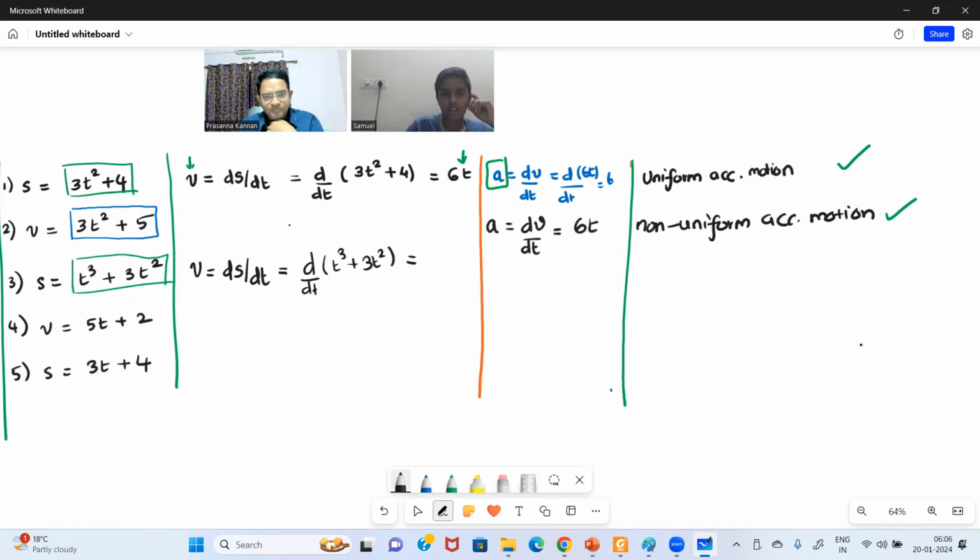Three t squared plus 60 is what I'm getting. Yes, that's all. Why are you writing it down on the side? Write it like it's some... 3t squared plus 60. Correct. Okay. Now,